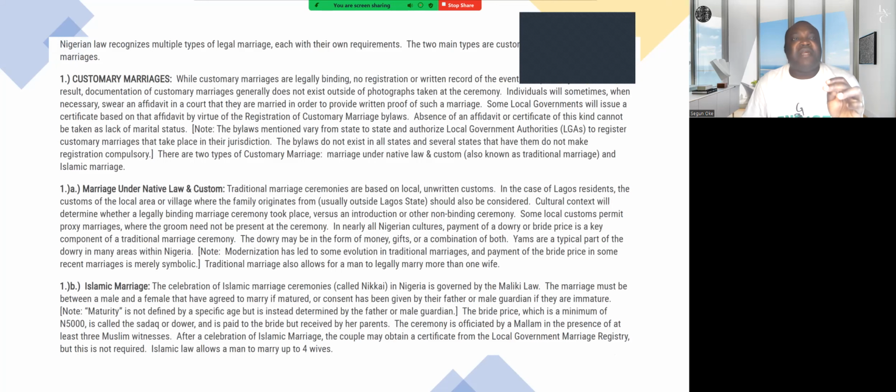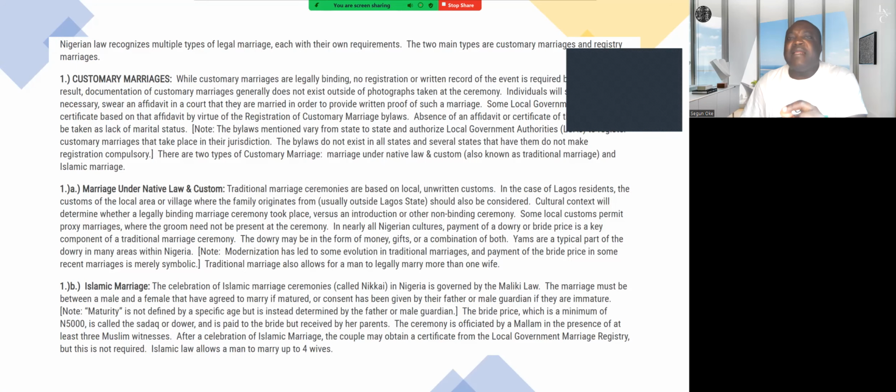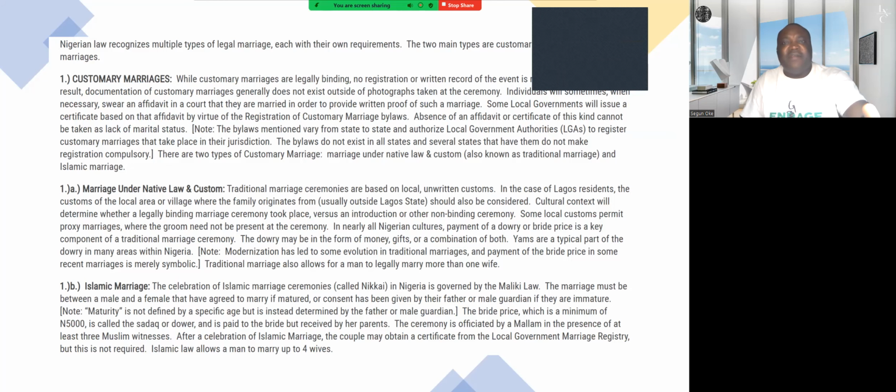They said Nigerian law recognizes multiple types of legal marriage, each with their own requirements. The two main types are customary marriage and registry marriage. So if it is customary marriage, you have it here, the type of customary marriage that has already been stated. However,